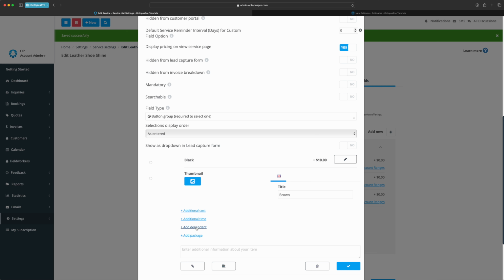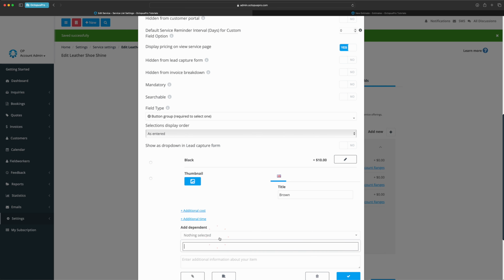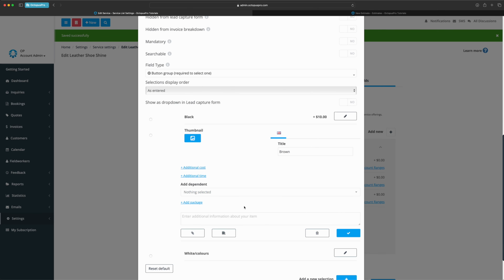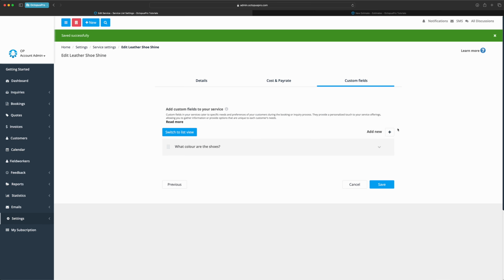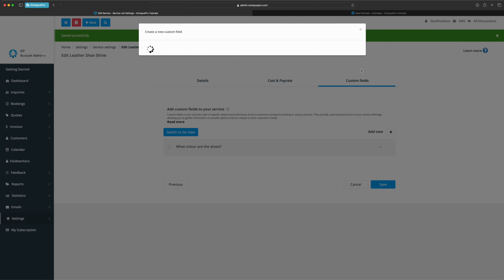Now in the add dependent section, we're not actually going to be able to select anything. This is because we only have one custom field currently, and that is this custom field that we've made. This allows us to select other custom fields that would then pop up if they clicked on the brown option. So what we're going to do quickly is just save what we've done. Then from here, I'm going to create a new custom field, and this is going to be for our premium